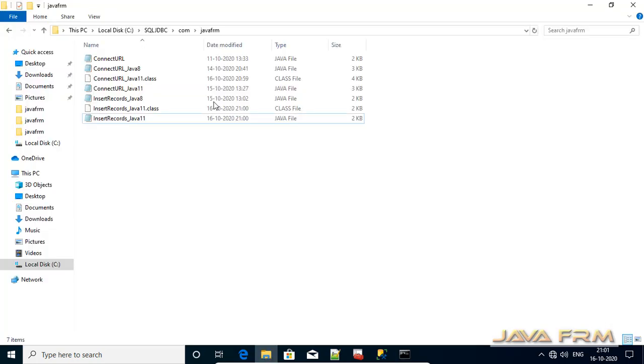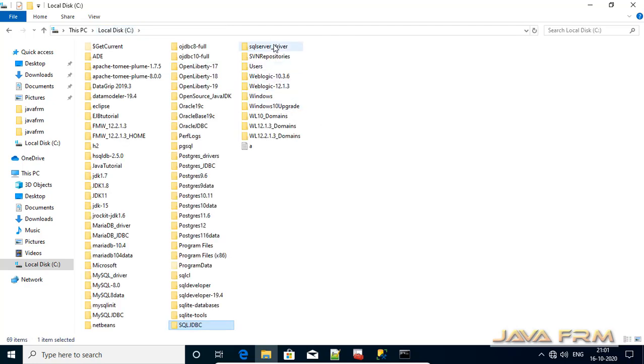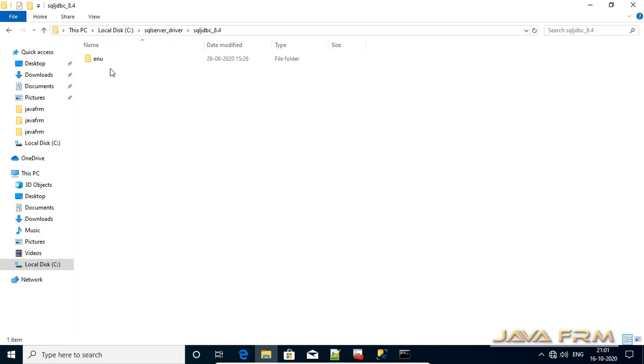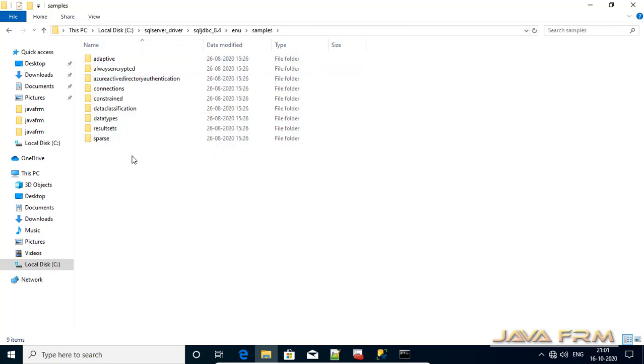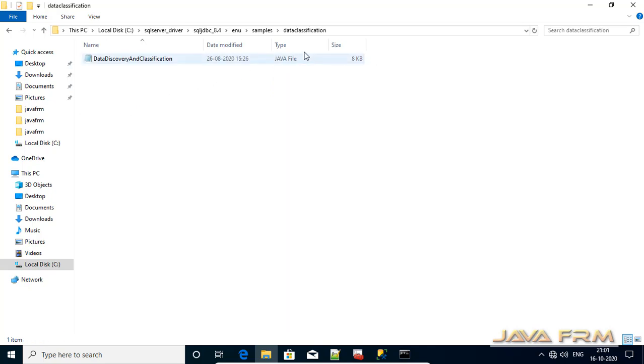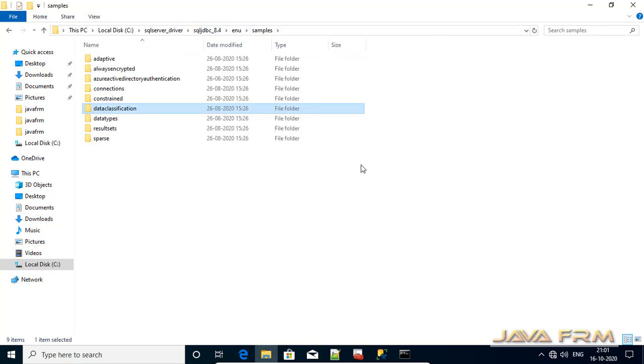Make sure that you have included the jre11.jar file in the class path for compiling and running. Also you can see that a lot of sample Java programs are bundled with this JDBC jar file. You can make use of them and compile and run these programs accordingly.